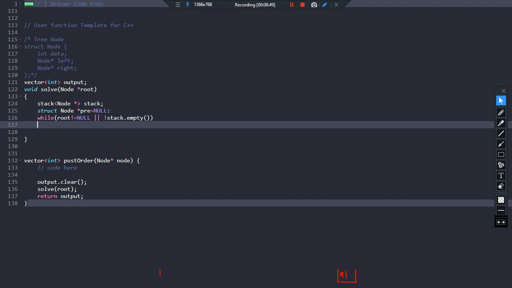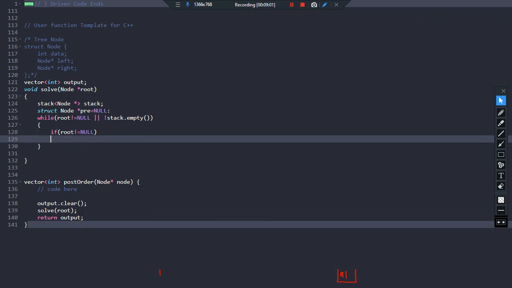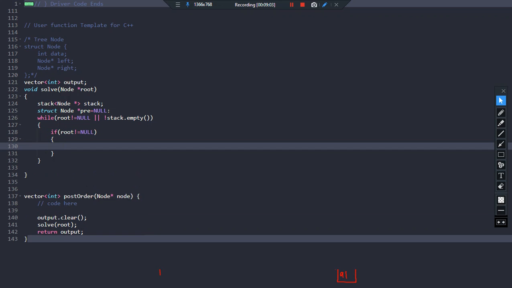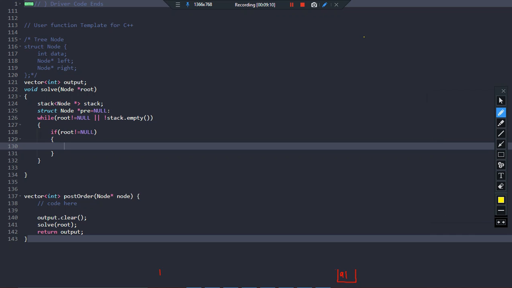We will basically enter the loop, and once we enter the loop, what do we do? We check if root is not equal to null. I hope you can understand what is going on. Root not equal to null. So if root is not equal to null, right? What was happening? I'll be showing you the diagram here. So that basically means we have a tree 1, 2, 3, 4 and 5. Right now root is pointing to this node. So if this is not null, what do we do? We keep on pushing the elements into the stack and move on towards left until we find null.